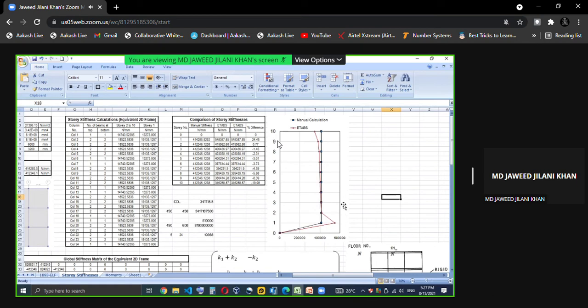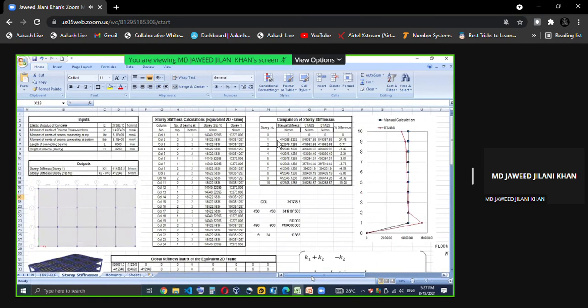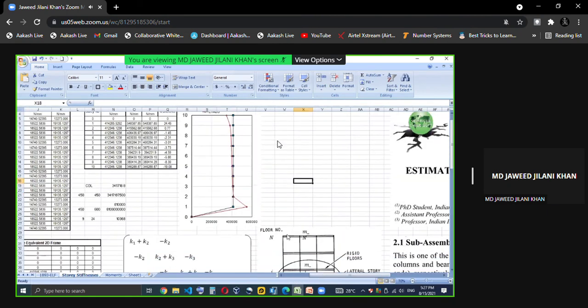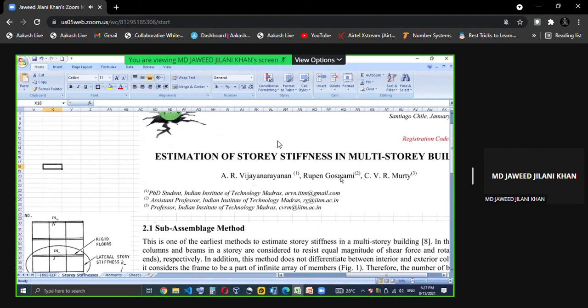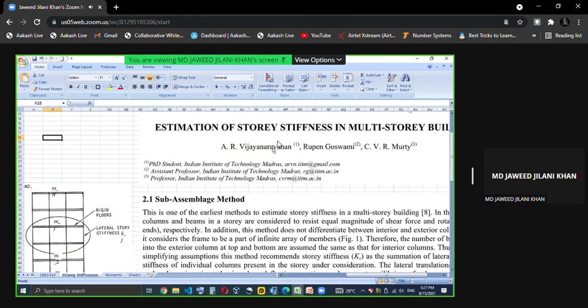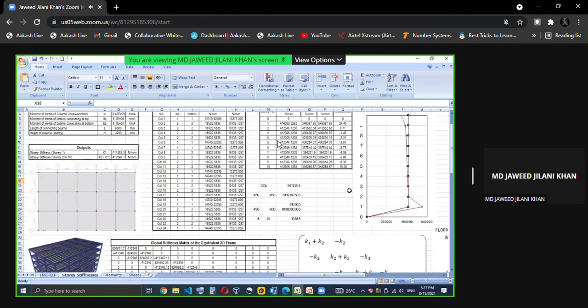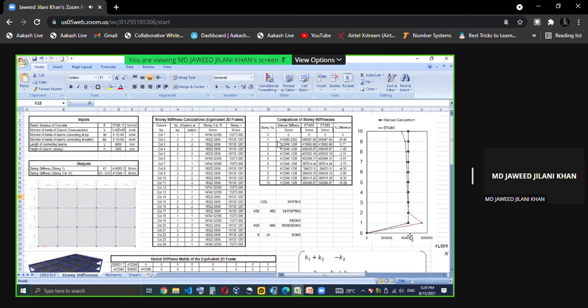ETAB will generate the 3D stiffness matrix and calculate the stiffness. I used the approximate sub-assemblage method and calculated the stiffness. They are comparable in all stories except the first story, because the first story has the influence of the restraint. So that is how it is.